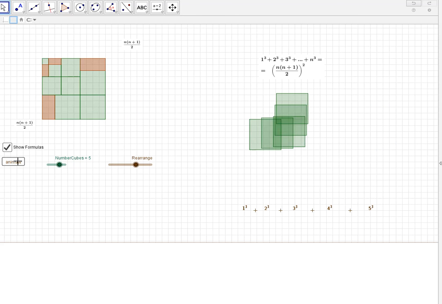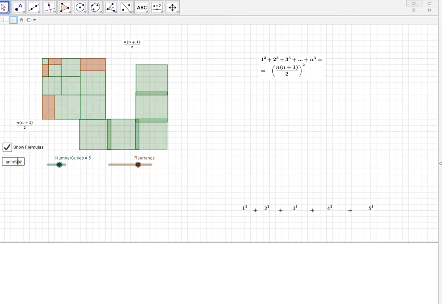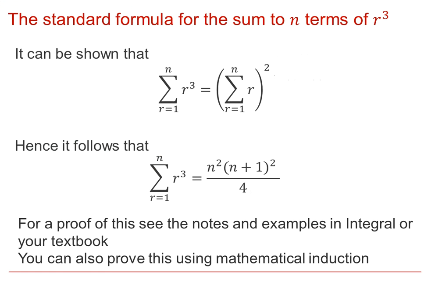And you can see the pattern extending. Thus you can see that the sum of the cube numbers is related to the sum of r. So it can be shown that the sum from r equals 1 to n of r cubed equals the sum from 1 to n of r, squared, and hence it follows that the standard formula for the sum to n terms